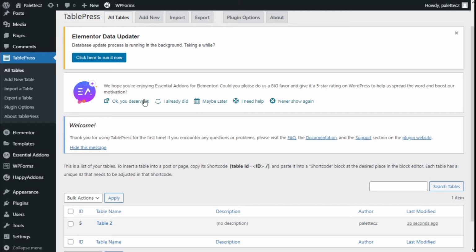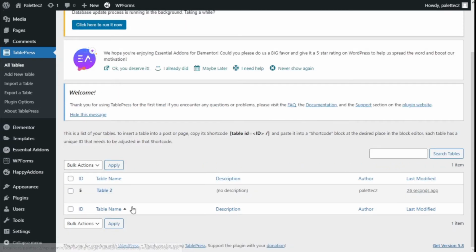on this video we are going to learn how to make the elements of our table share rows and columns using the TablePress plugin. To do that, we need to go over to the left where it says TablePress. We are going to click on all tables and select the one we want to edit. Click on Edit button,